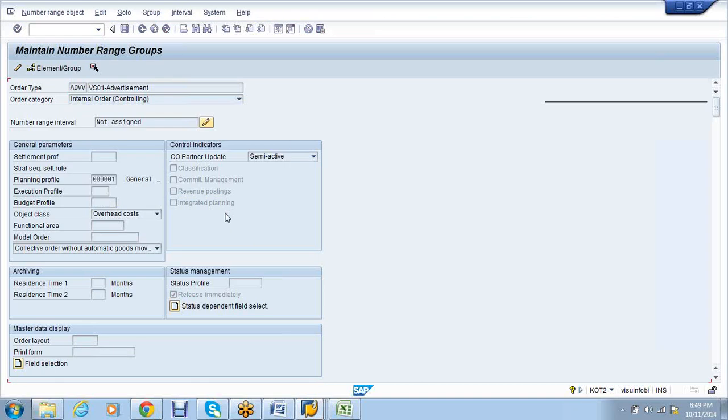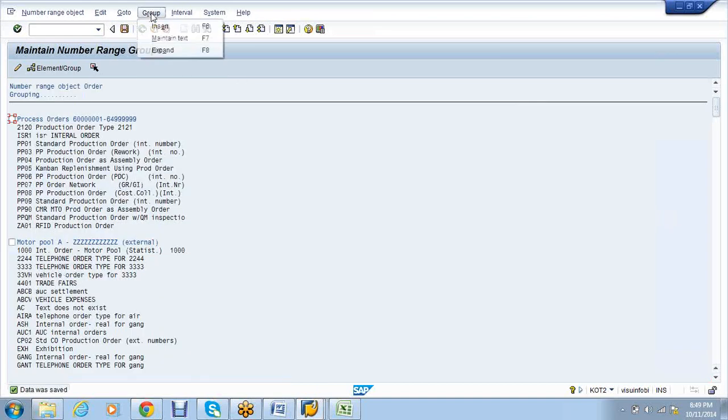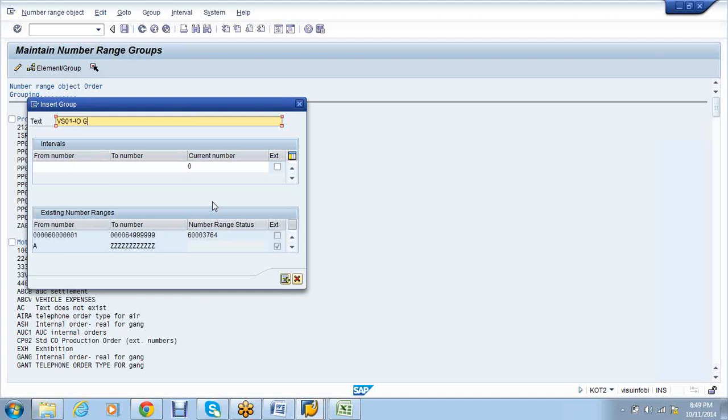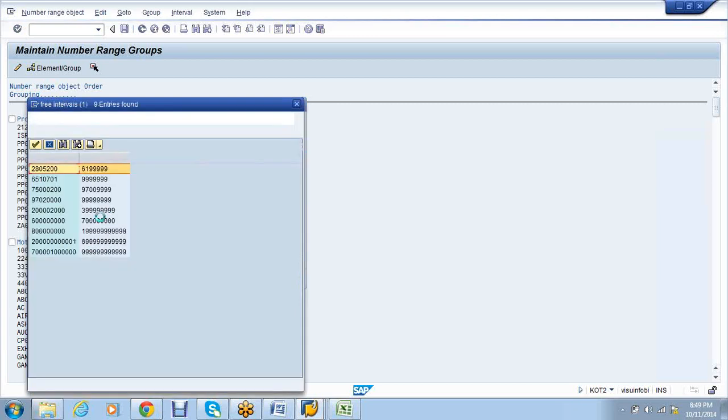If I want, I can create my own group. Here I want to create my own group, insert US01 hello group. From number to number, the existing number which is already used, I cannot use. So I'm going to take the